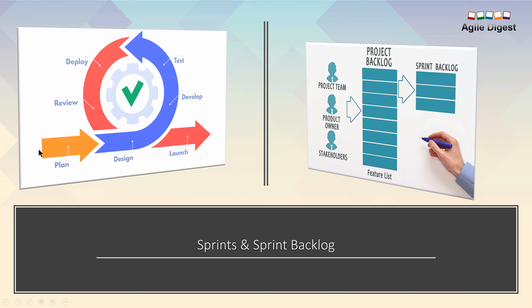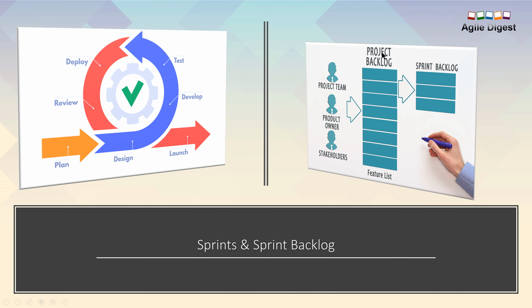So every iteration or sprint that you might have heard about, we start with planning and end with a sprint closure. In between we do review, development, testing, design, many activities. All these items we don't do on the entire list of backlog items. We select a few of the top priority stories based on the team's capacity